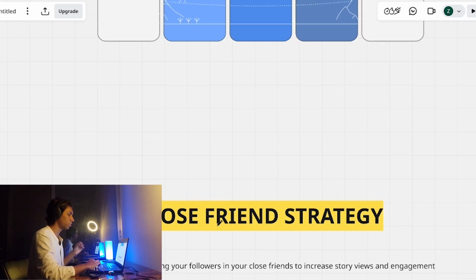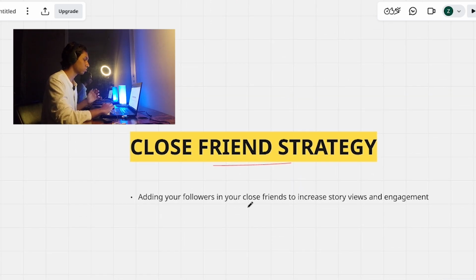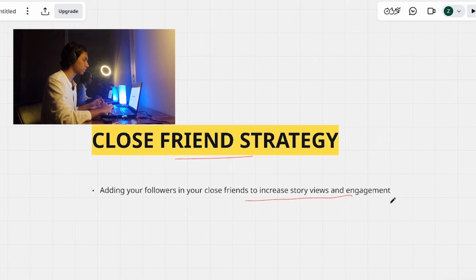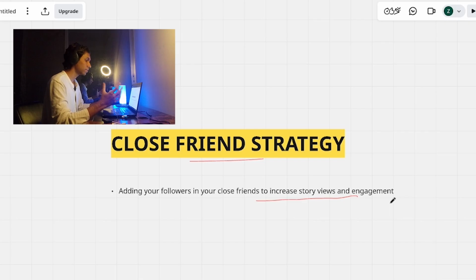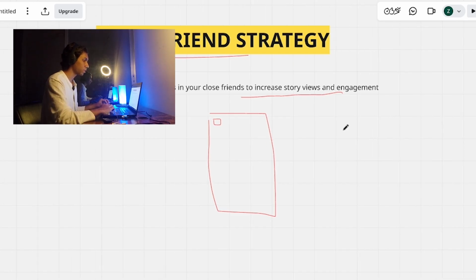Now, in order to get your Instagram story in front of all the other Instagram stories, you can implement the close friend strategy. This is basically adding your followers to your close friends to increase story views and engagement. Instagram works something like this: the story which gets the highest number of views and engagement moves to the first. So what you can do is post a story which is close friends. Now this is the first story and this is the hook. Then post another normal story, then